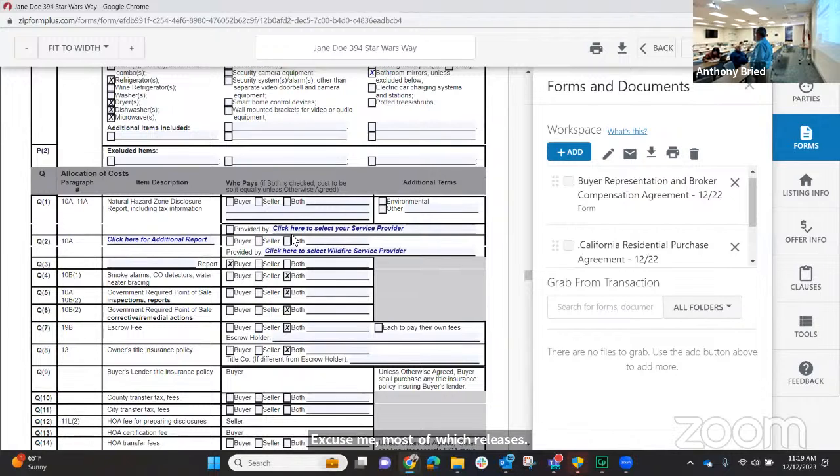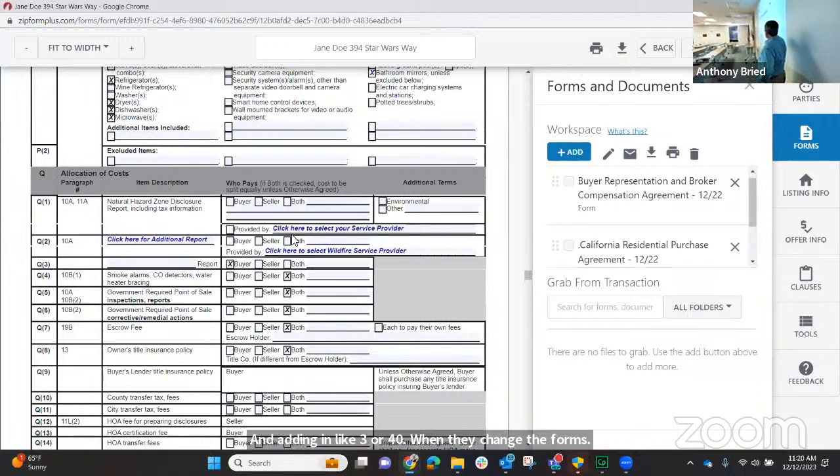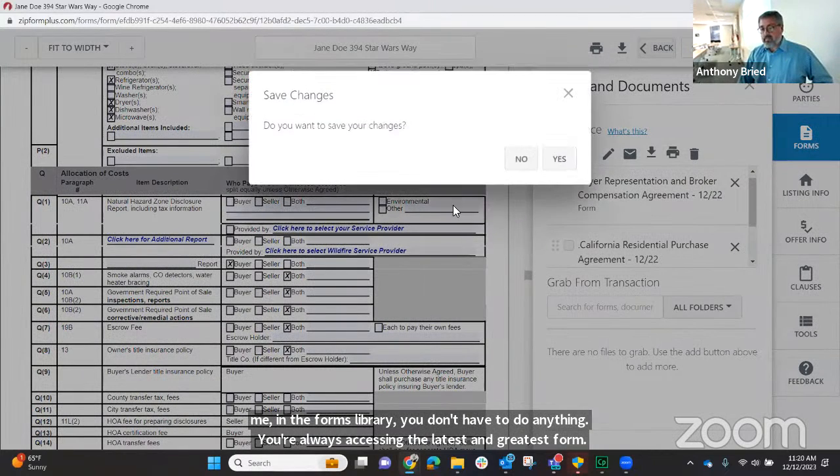This December, I think near the end of December, they're looking at 15 forms and adding in like 3 or 4. So when they change the forms, what do I have to do? Go back to the templates. Excuse me, in the forms library, you don't have to do anything. You're always accessing the latest and greatest form. But my template, I'm sorry, to modify the template, very simply,